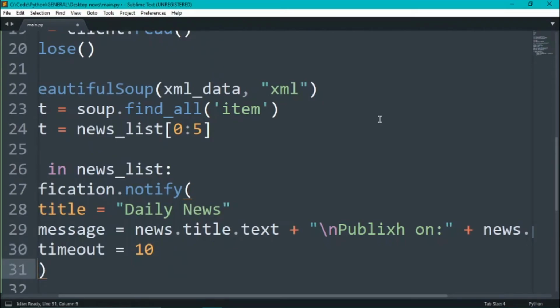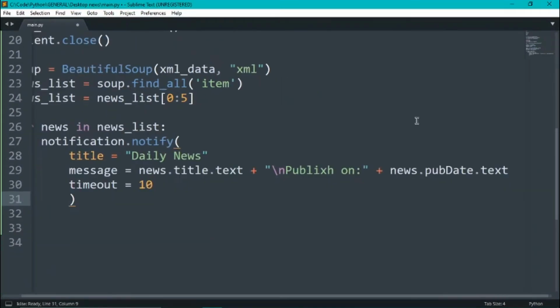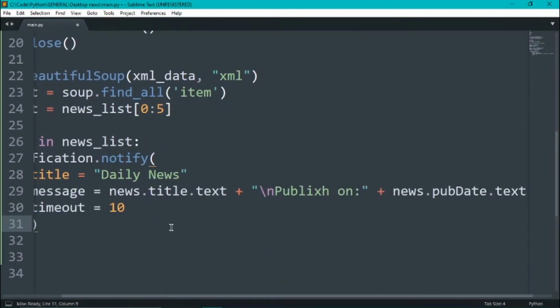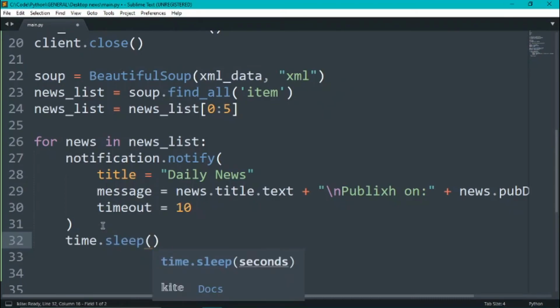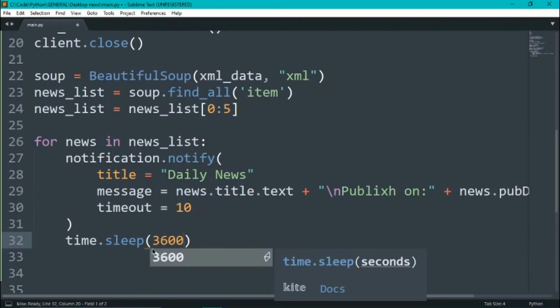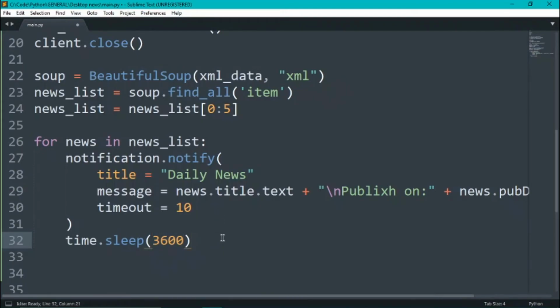Okay, this is done, and then I'll say time.sleep and give it the input 3600, which means it will wait for 3600 seconds to repeat this whole thing again, which means that it will give us notifications after an hour. Now when I click save,